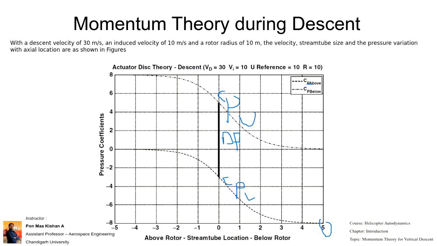Here, on the upper surface, the coefficient of pressure will be increasing, whereas on the lower surface it will also be increasing when we speak about negative values. But at the exit, it will be 0 at the lower surface, because there is no calculation there; the main calculation is up to the rotor surface, from lower to rotor and then from rotor to upper surface.